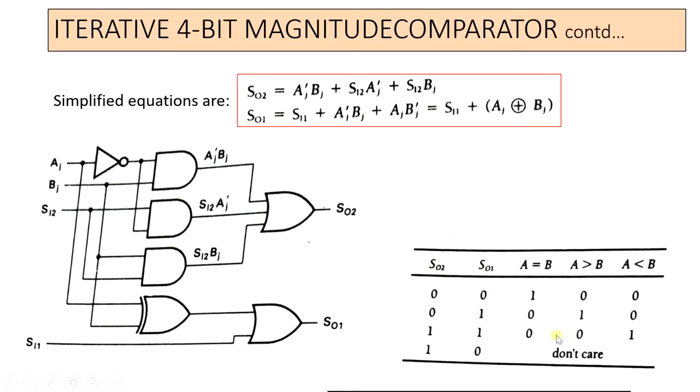Now as per our encoded data, we have 00 corresponding to A equal to B, that is why this is considered as logic 1. 01 is A greater than B, 11 is A less than B. For 10 it was a don't care. So this was what we had encoded. Now what we need to do is make use of a decode logic and convert it back to 3 boundary outputs where we have A equal to B, A greater than B and A less than B.